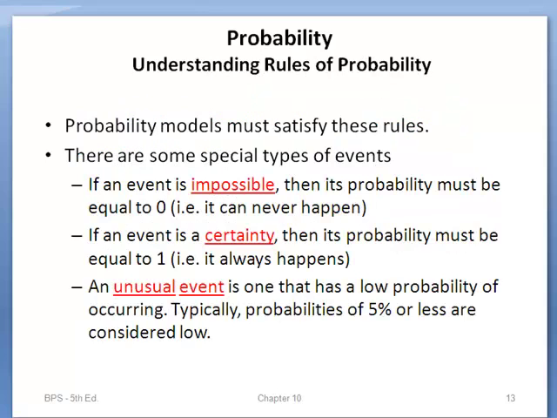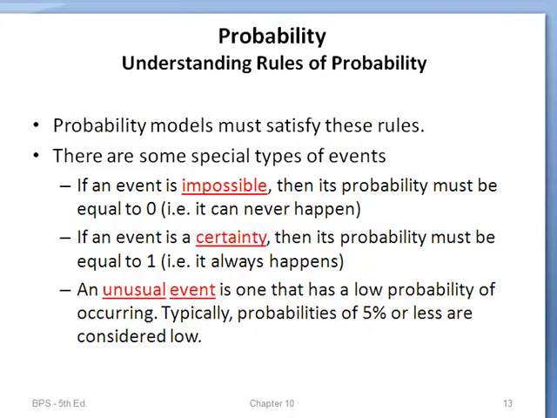Now, as I said earlier, if we get 0 as a probability, that means the event is impossible. As we got close to 0, it makes the probability of that event happening unlikely. If we say the probability of an event happening is 0, it's impossible. If we say that the probability equals 1, that means the event is going to happen. And we're going to make as our rule of thumb here that an unusual event is one whose probability is 5% or less. They're considered very low probabilities, and we would say that it is an unusual event. So how do we